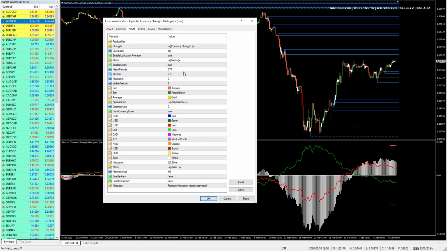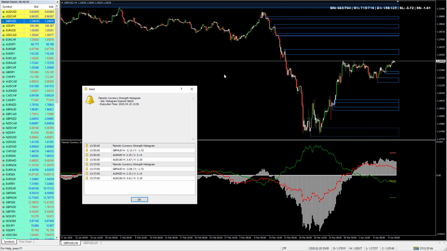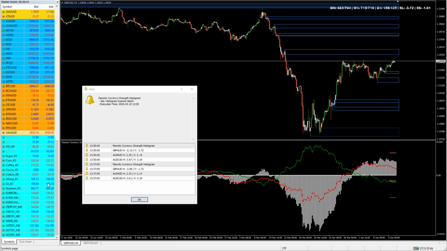If we have a look at the new settings and how we use it, I shan't go into too much detail. I just want to illustrate the scanner here. So if we just enable the scanner and we say we want the modifier to be 1.5, because there's nothing in 2.0 at the moment, because I just tested. So if we just enable that, so now it's crunching all of these symbols here, everything in your market watch